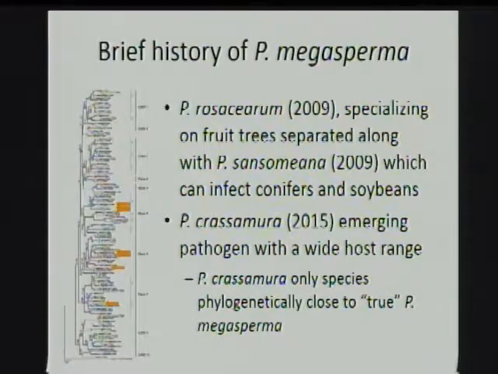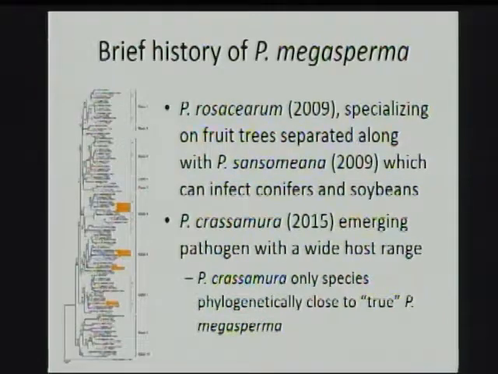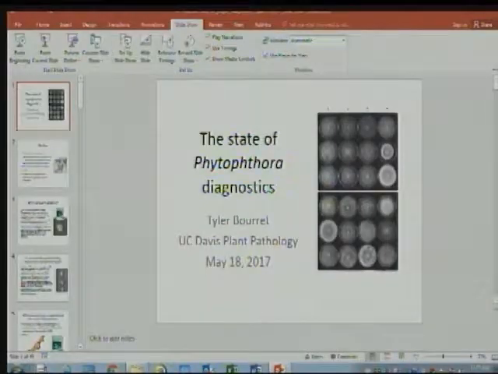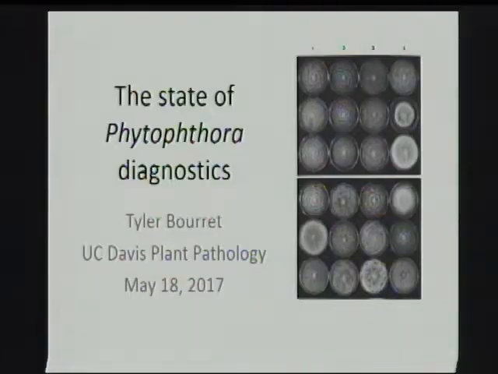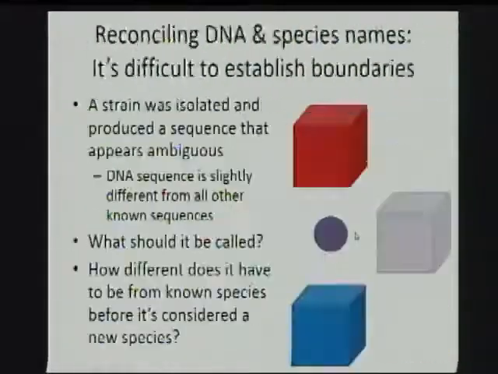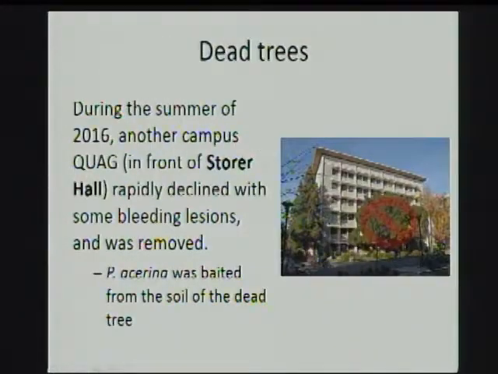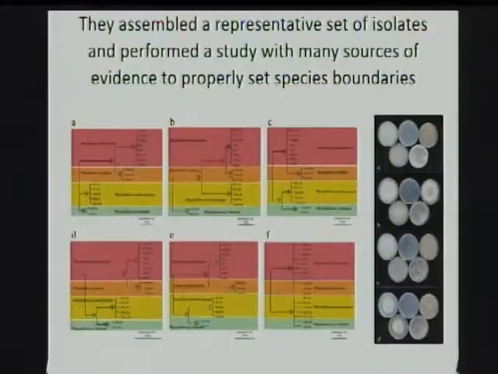And interestingly enough, if you see where all these Phytophthora species that looked like megasperma landed in the whole genus, they're kind of all over the place. This is the legume, 3 of the legume species. Oh my gosh. That clearly means it's time for me to wrap up. Anyways, crassimira is the only one that still is very closely related to Phytophthora megasperma.